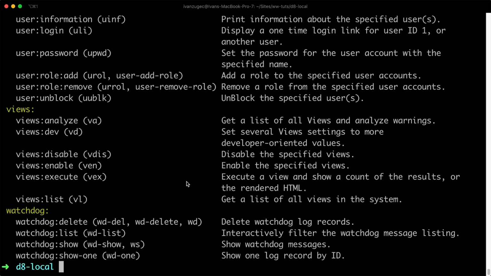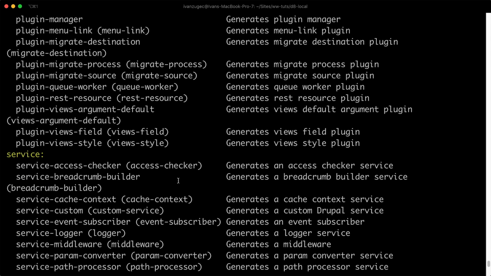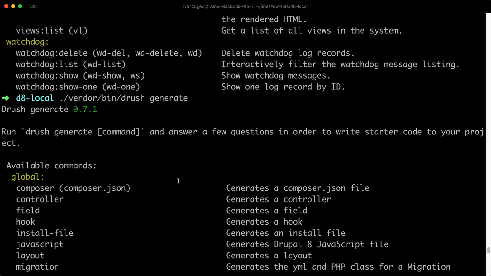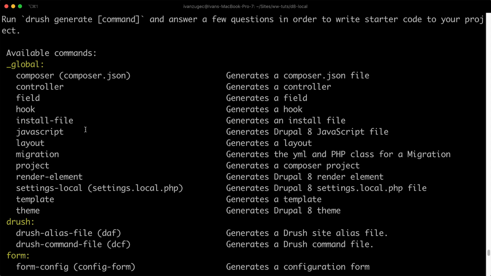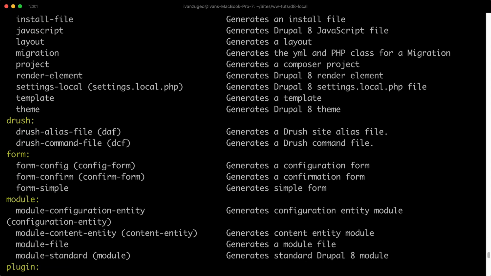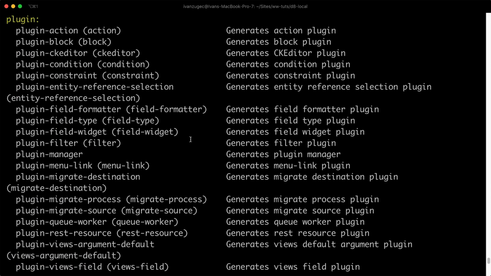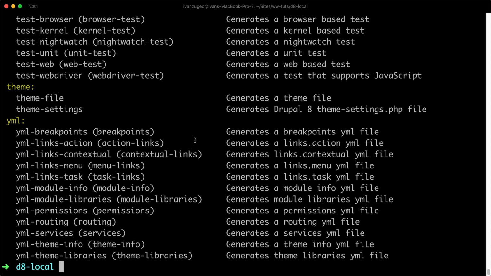Now, to see all of the available generate commands, just type in Drush and then space generate. And then here, if we scroll all the way to the top, you can see that you can generate a controller, a field, a hook, a migration, other Drush commands, modules, of course, a whole bunch of plugins, services. You can generate pretty much anything in Drupal. So let's now go ahead and generate